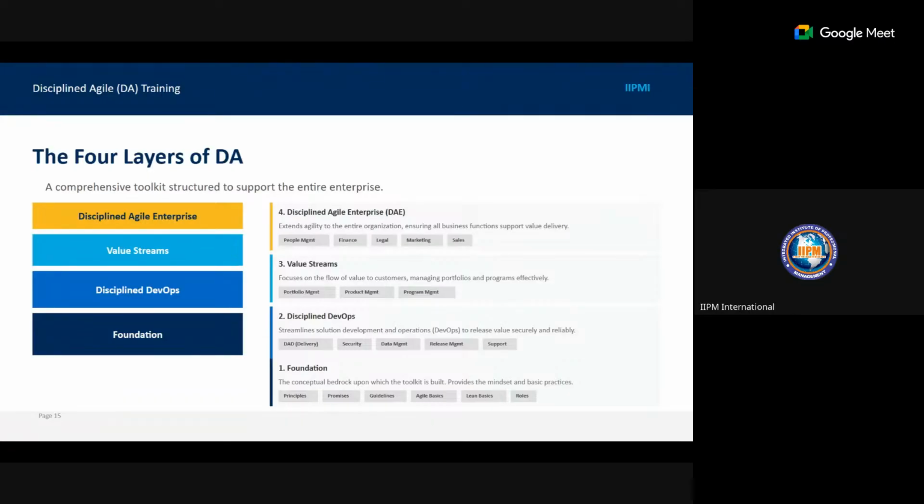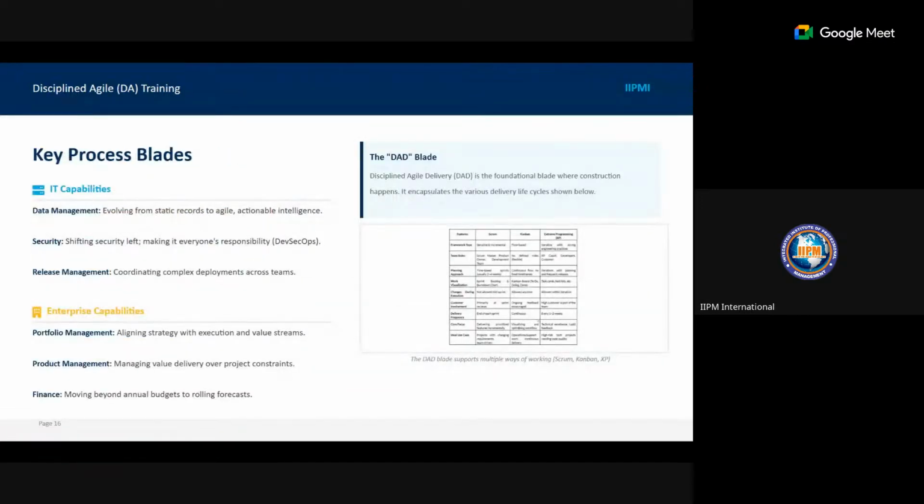On the value streams, you have portfolio management, product management, and program management. And in Disciplined Agile Enterprise, you have people management, finance, legal, marketing, and sales.